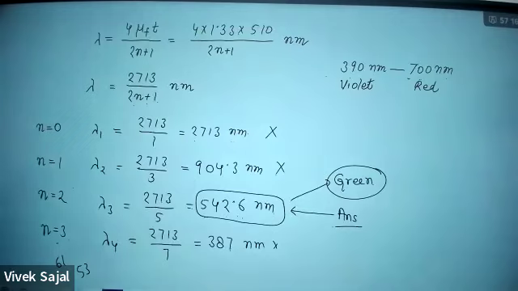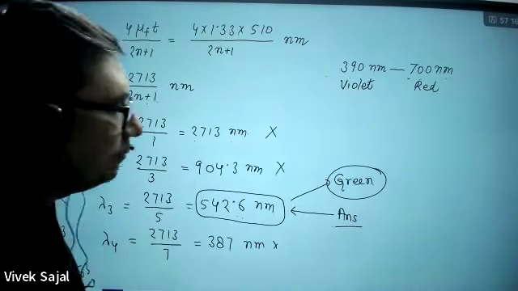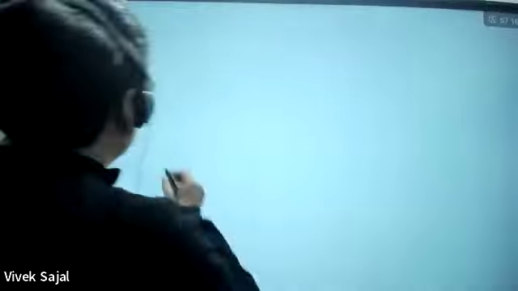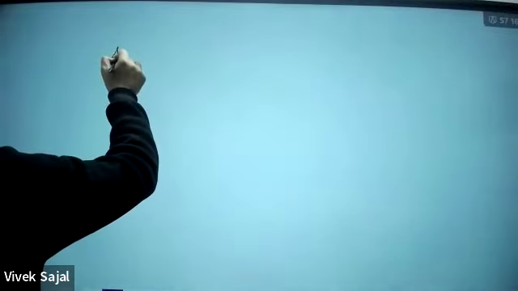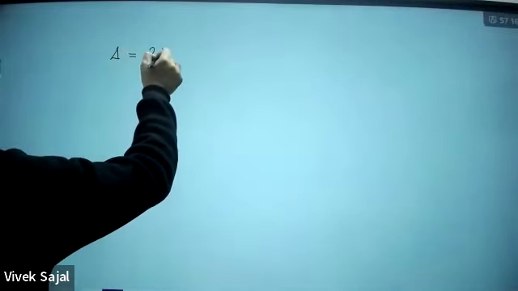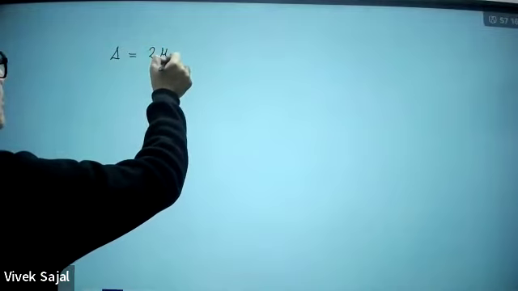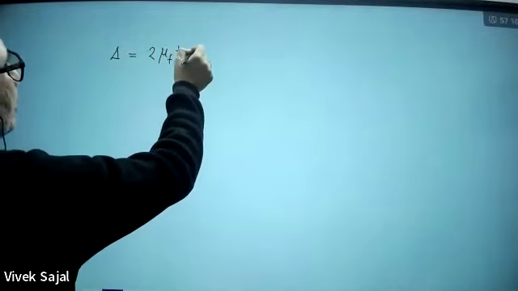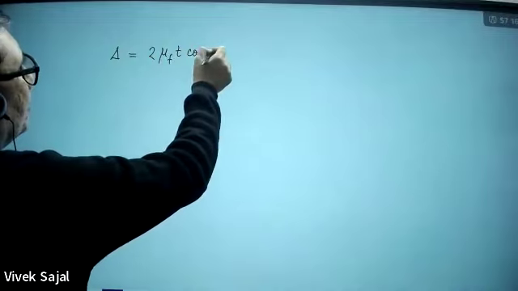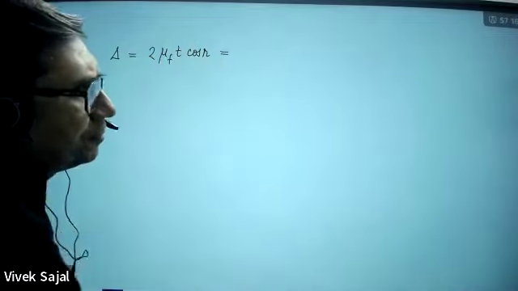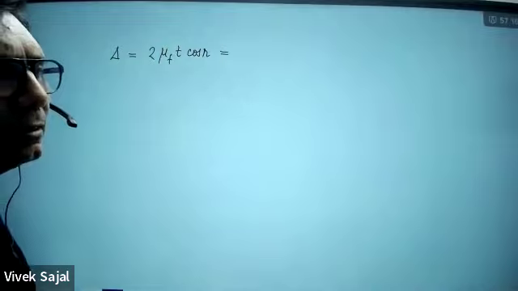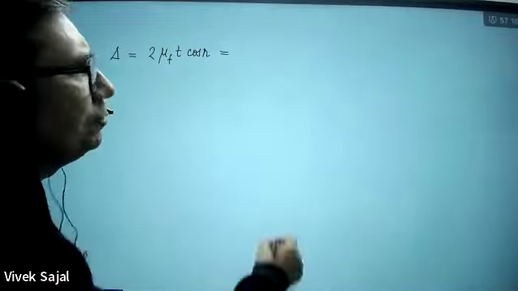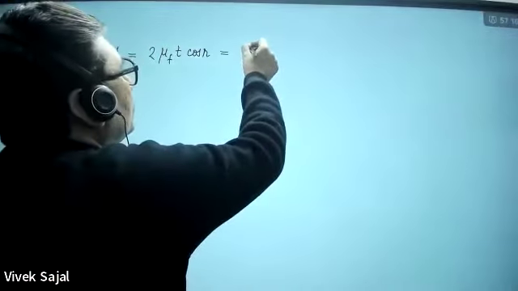No, it depends upon what path difference you are having. Try to understand. If your path difference is coming out to be 2 mu t cos r, then you cannot choose 0. In this case, if the path difference is this, you cannot choose 0,